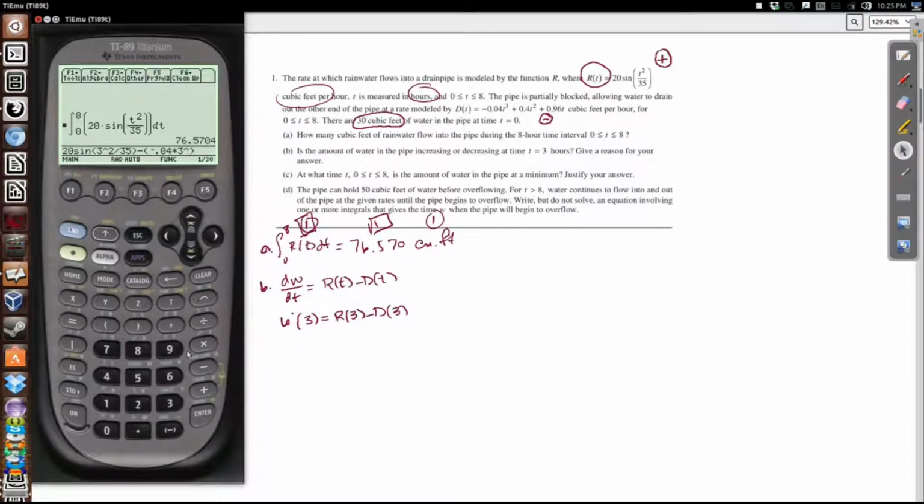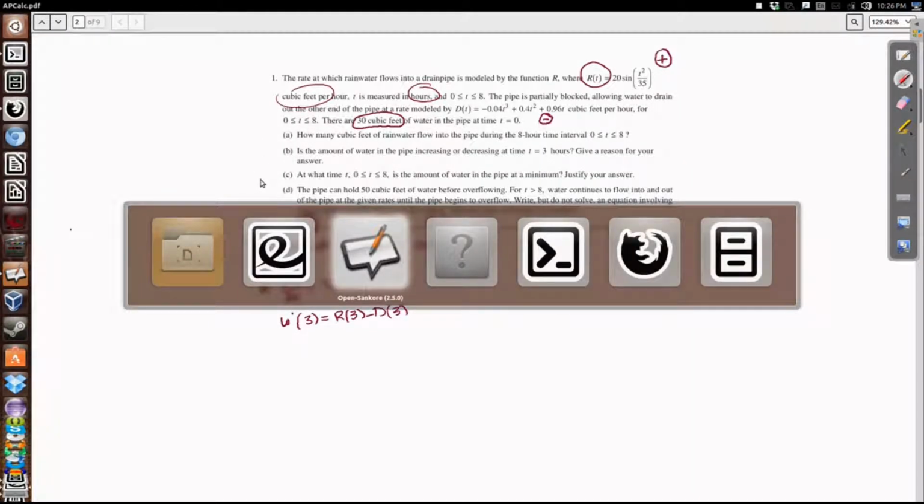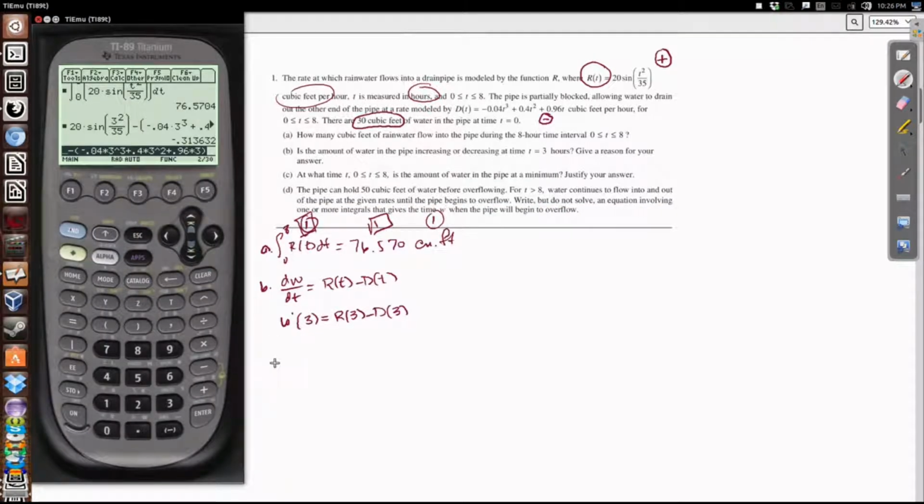So it's going to be 3 cubed plus 0.4 times 3 squared plus 0.96 t, well not t, 3. And my parentheses are closed, so when I calculate this, we end up with this w prime being equal to, excuse me, let me get my calculator back up, being equal to